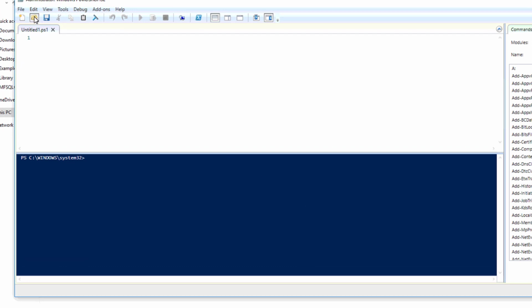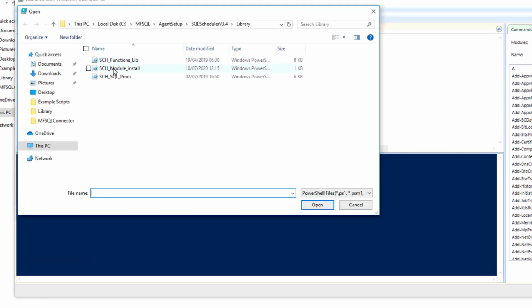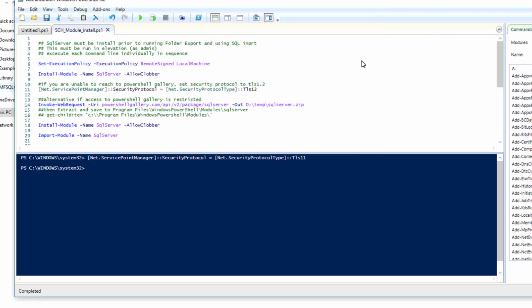And then open the module install file from its location. When you've opened the module install package, start to execute each individual line